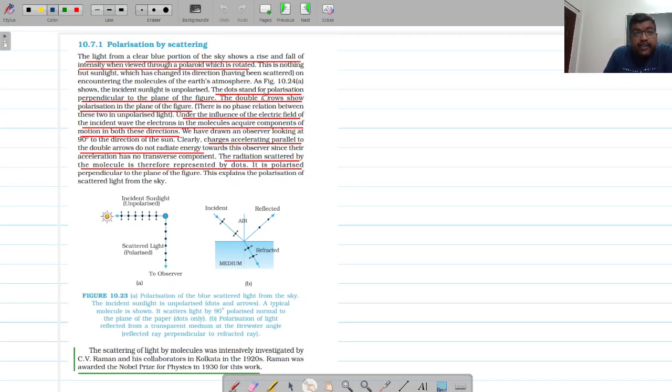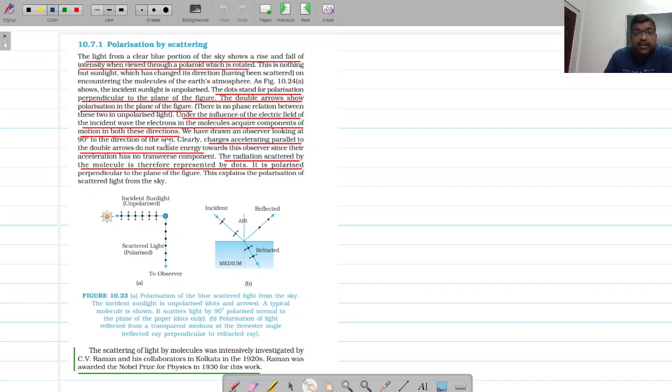The dots stand for polarization perpendicular to the plane of the figure. The double arrows show polarization in the plane of the figure. So arrow is polarization in the plane of the figure, dots are polarization perpendicular to the plane of the figure. Now, under the influence of the electric field of the incident wave, electrons in the molecules acquire components of motion in